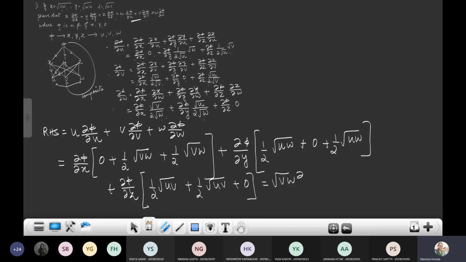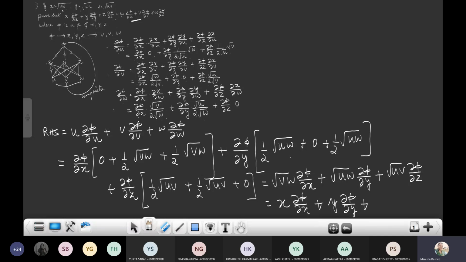So root vw del phi del x plus next we will be getting root uw del phi del y plus, and here we will be getting root uv del phi del z. But root vw is x. So this we can write as x del phi del x plus uw is y, so y del phi del y plus, and root uv is z, so it is z del phi del z, which is equal to